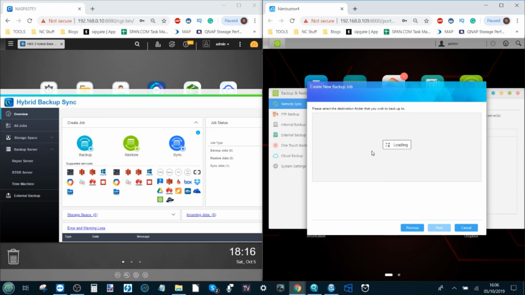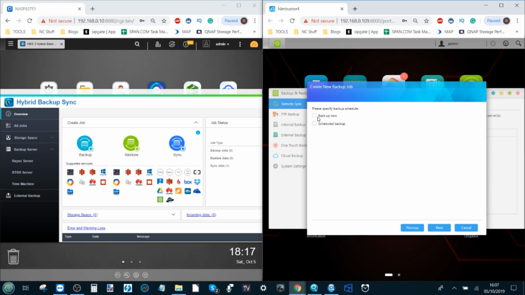Once again, this can take anything from 15 seconds all the way through to a minute or two, depending on the number of folders that are readily available. And in the case of this QNAP, this is quite a large arrangement of data, so it's not a huge surprise that this is taking a fraction longer than what we're used to. Now we've got our QNAP folders on screen, we can select which folder we want this data to go into. I'm going to send it into CCTV for now, and then I'm going to click next,